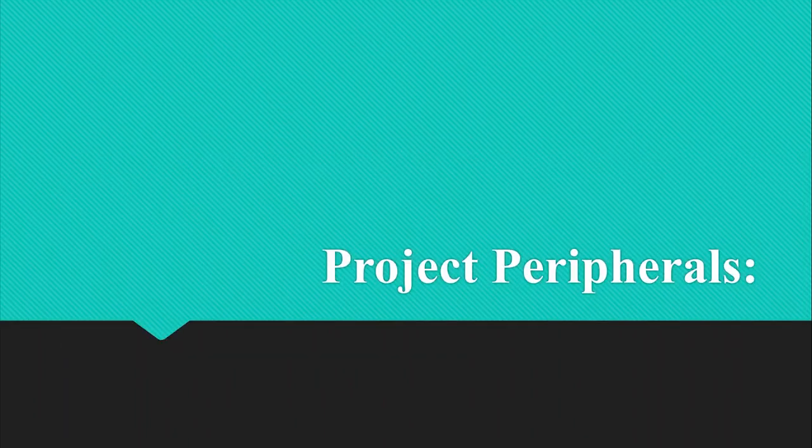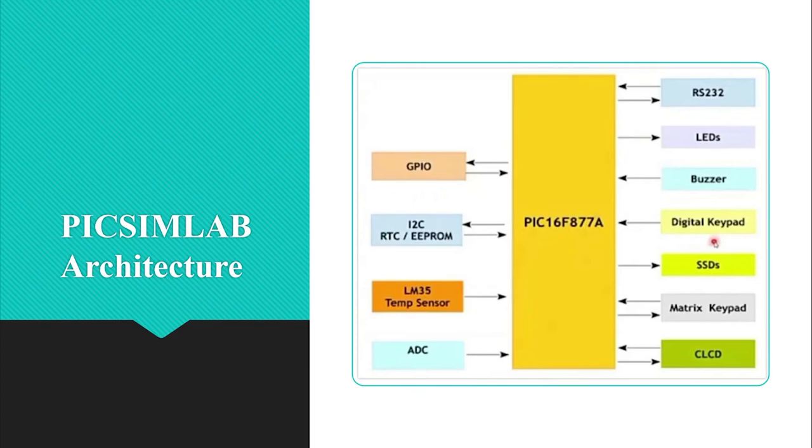Okay, so let's talk about the peripherals that are used in our project. PICSimLab architecture. This is the architecture of PICSimLab. It contains a PIC16F877A processor. It contains GPIO, I2C, RTC, EEPROM, LM35 temperature sensor, analog to digital converter, RS-232, LEDs, buzzers, digital keypads, SSDs, matrix keypads, and CLCD, which is character liquid crystal